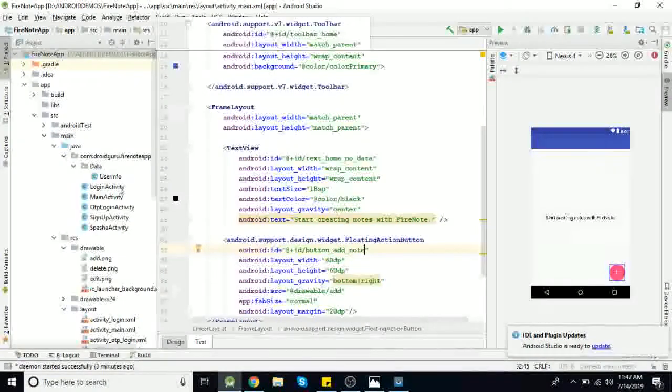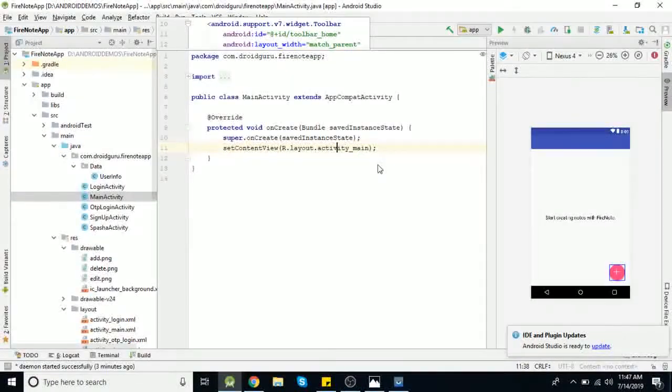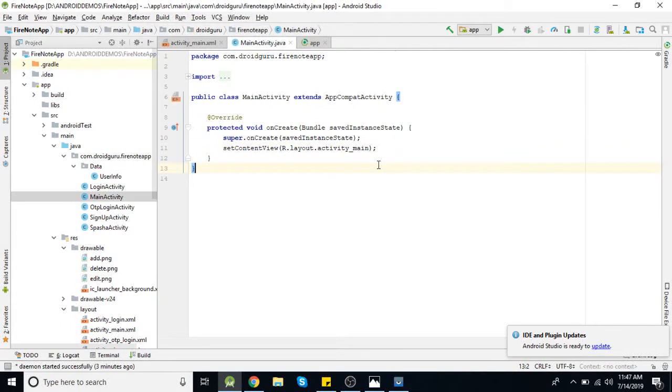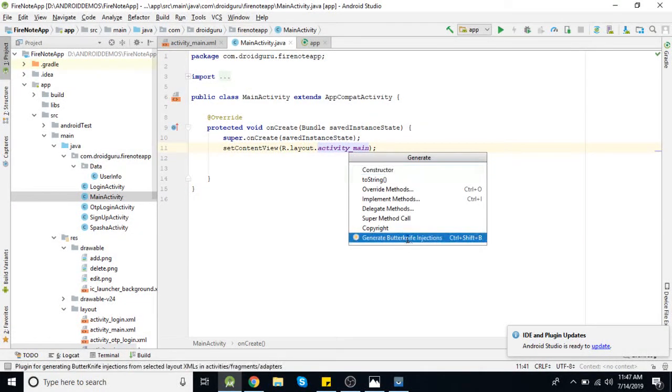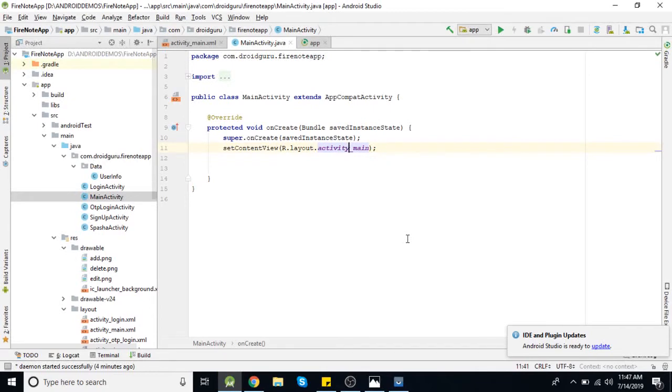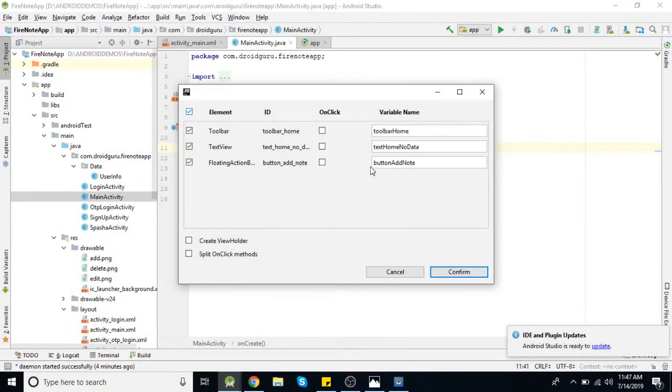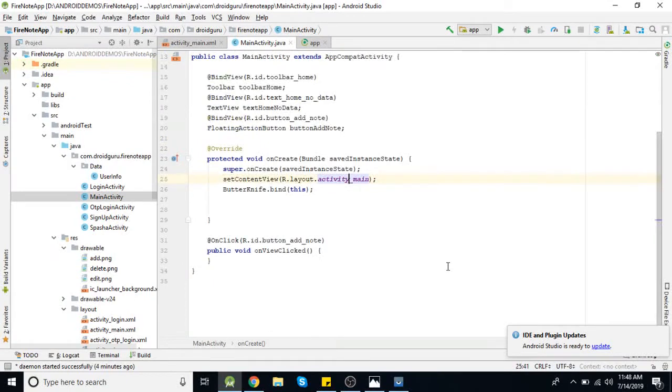Now here we need to create objects for all these views, that is floating action button, then text view. So let's create those objects with butter knife. And for this button we need to add click listener.